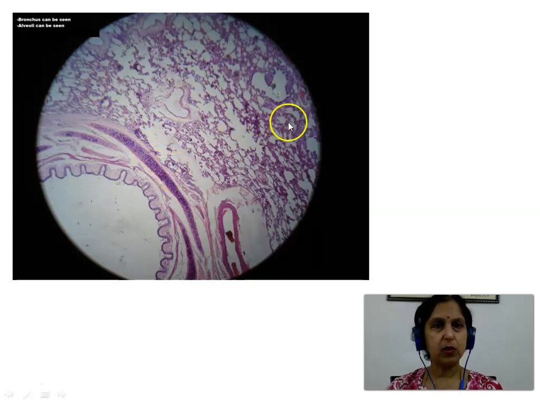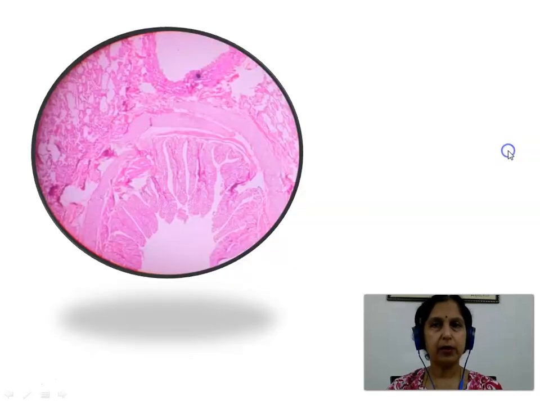We also see the alveolar cells here. Alveoli with alveolar sacs are seen along with blood vessels. So the moment we see something like a bronchus, we should identify it as a slide of lung. Another view showing us again a transverse section through a bronchus, lining epithelium with lamina propria, a thin layer of smooth muscle fibers. These are the discontinuous plates of hyaline cartilage and a thin adventitia.